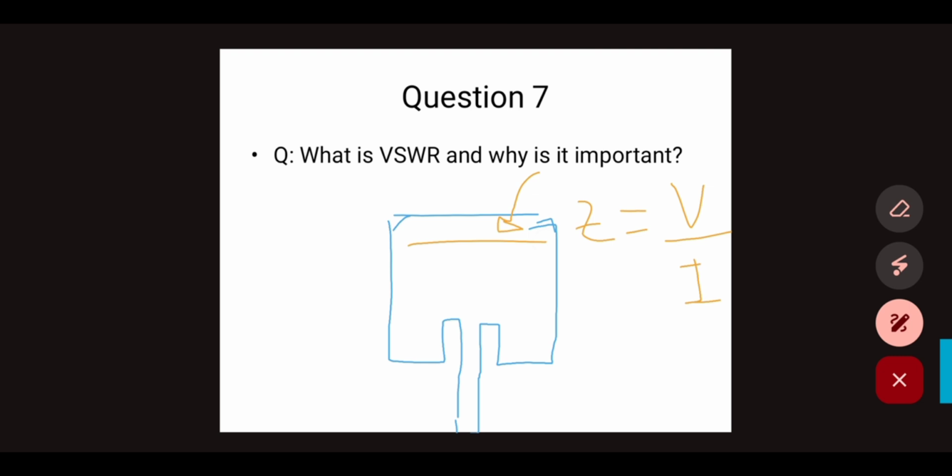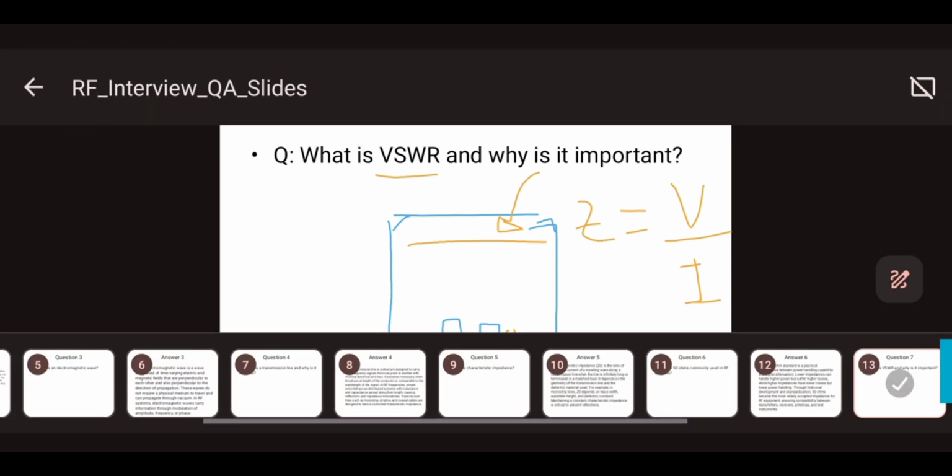Because there is no path available for the current to flow. So that means I have higher impedance here, and again here also, because it is an edge and no current can flow. So as a result, everywhere I will have different waves, which is also called the voltage standing wave. And this VSWR, you can see here,